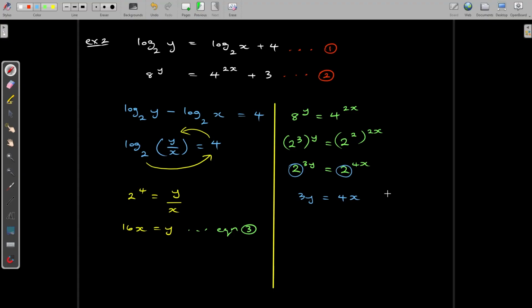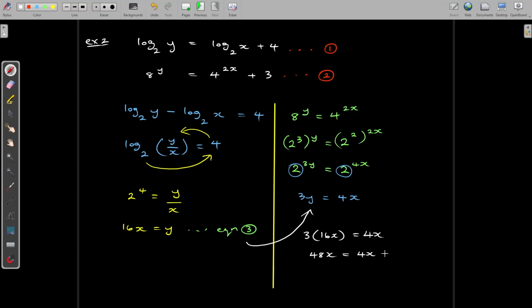Yes, sir. We did something similar to this in AdMath, I think. Okay, wonderful. So now what we can do is, we already know what y is, so we're going to substitute that right there. So 3 times 16x is equal to 4x, 48x is equal to 4x, and